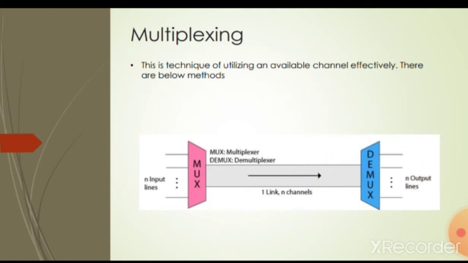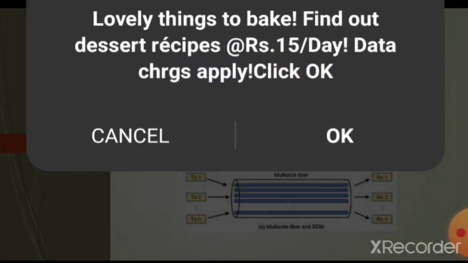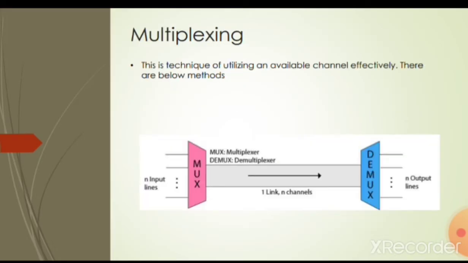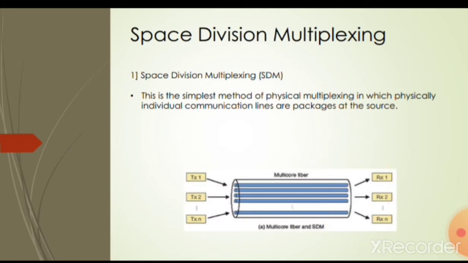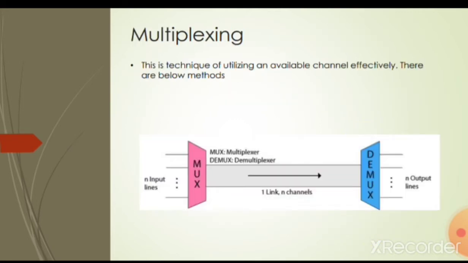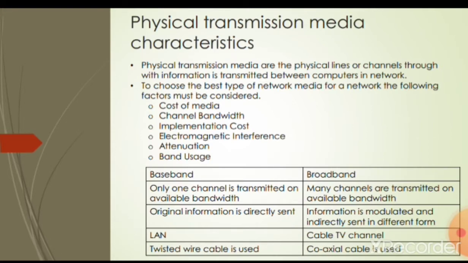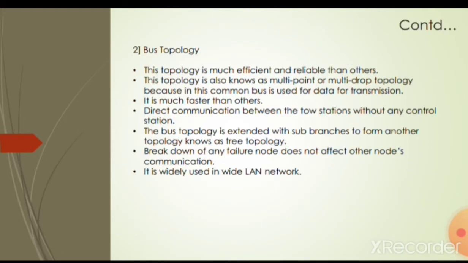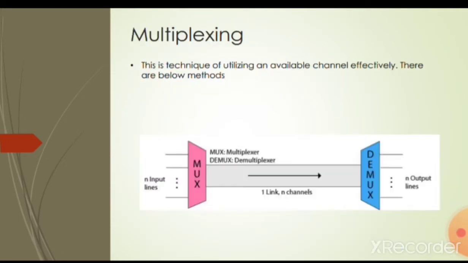Both these devices work at both ends of the network. The multiplexer works on the transmitting side and the demultiplexer works on the receiving side. The multiplexer merges signals of all the nodes and loads them on the medium or path. When these signals arrive at the demultiplexer, it will separate the signals and send them to the respective destination nodes.